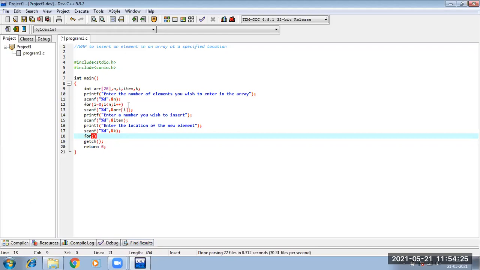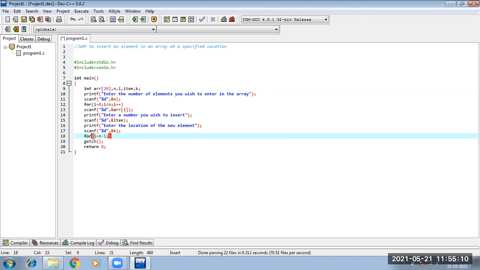Yes, I will start. Not J, I am using I. We will be using I. If I would have wanted to use J as a counter, I should have declared it here also. Since I have declared it to be I, I will be using I only. My I will start from N. Now one thing, my I will start from N numbers. But what is the location? Index position. What is the index position? Ma'am, I equal to 0. If I have n numbers, what is the index position? Right, Ashish, very nice. So my I will start from n minus 1.